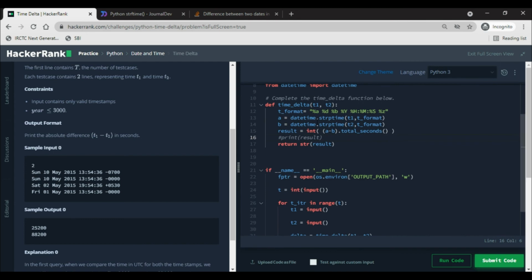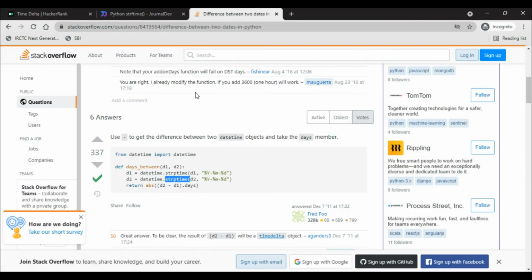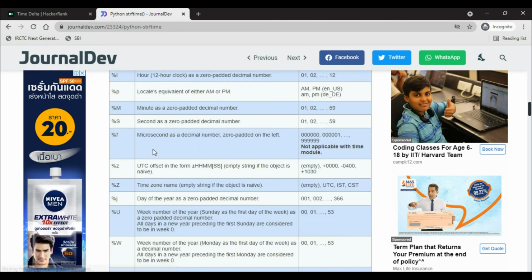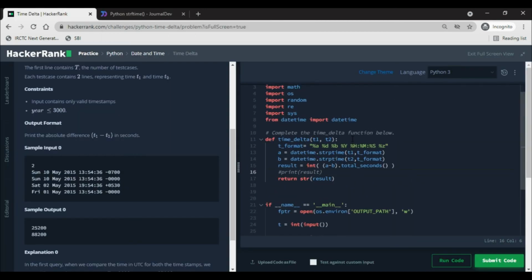So strptime is something which you can directly use for calculating the difference, and this is how you do it. You can search and directly you will get the code, and this is the way you present the time format. Okay, and you can also do like this. You can also put everything here.